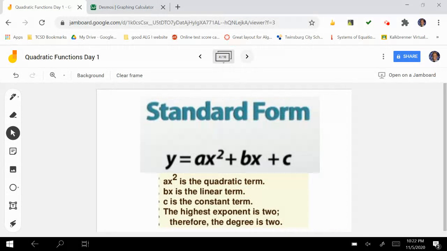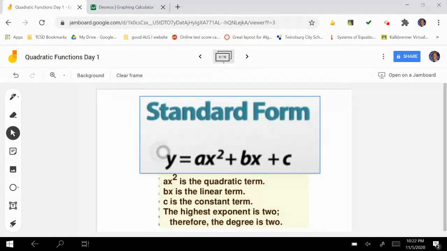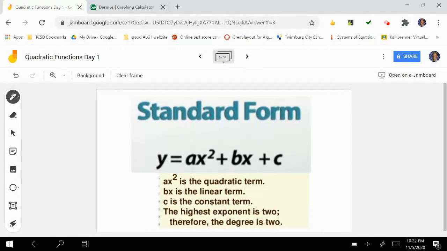First one is the standard form of a quadratic equation. So if you look here, we have our quadratic equation. This is in standard form. So again, y equals, those are the magical words of Algebra 1. This ax squared term, right? Because if you look from what we did with polynomials, if we put those vertical lines in front of our